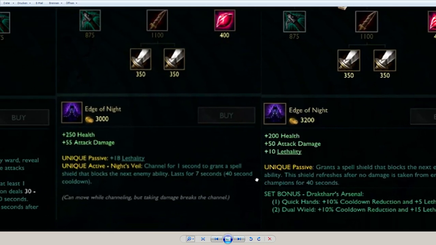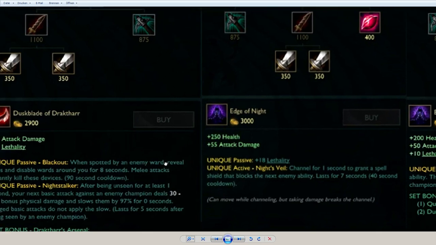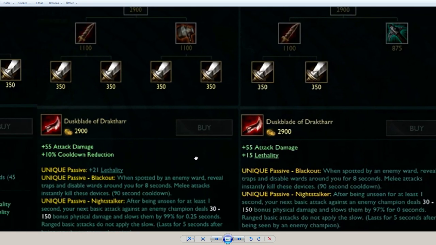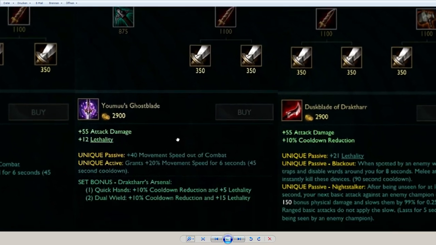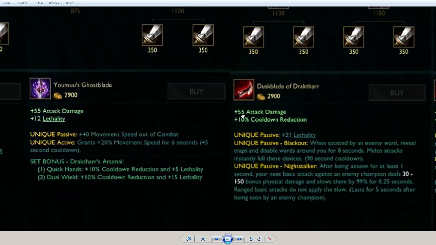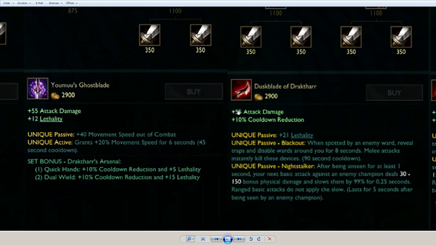So let's head over to the question: which one would I build on Wukong? What kind of lethality items would I build on Wukong? The thing is, if you build more than 2 lethality items, you will lose that set bonus Director's Arsenal passive. So if I had to choose 2 out of these 6, I would go for